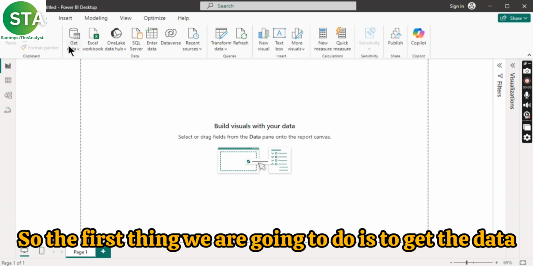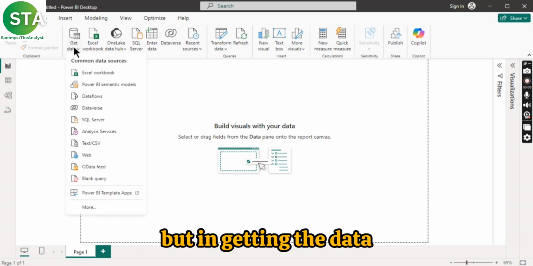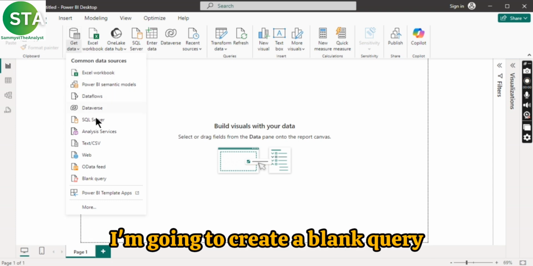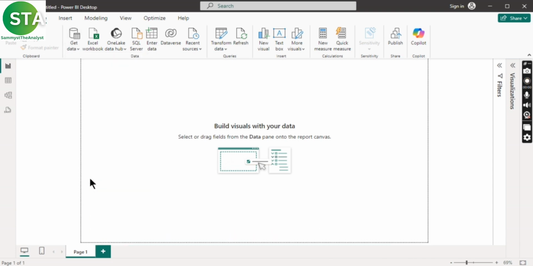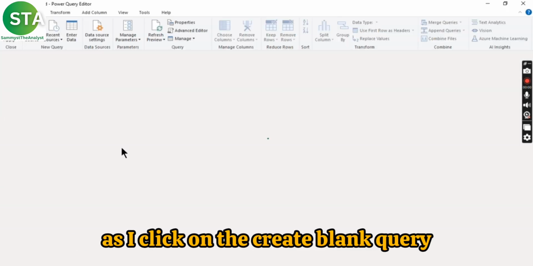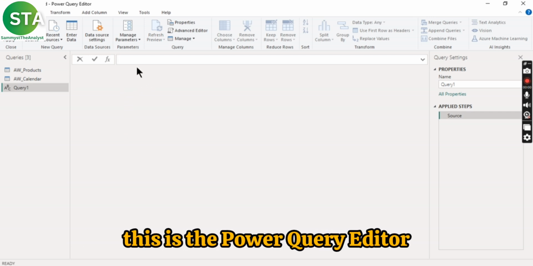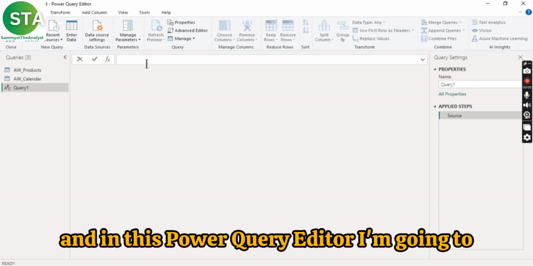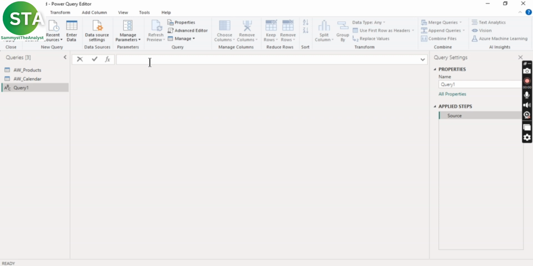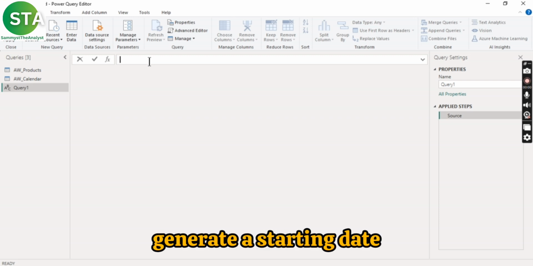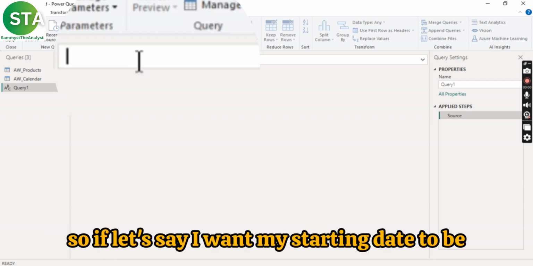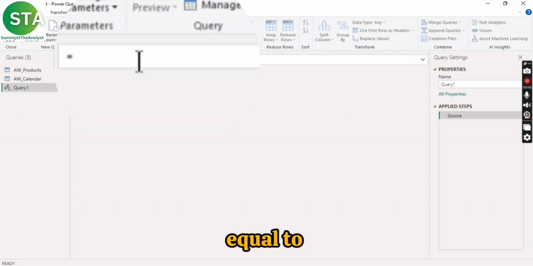So the first thing we are going to do is to get the data. But in getting the data, I'm going to create a blank query. As I click on create blank query, this is the Power Query editor. And in this Power Query editor, I'm going to generate a starting date. So let's say I want my starting date to be equal to date,